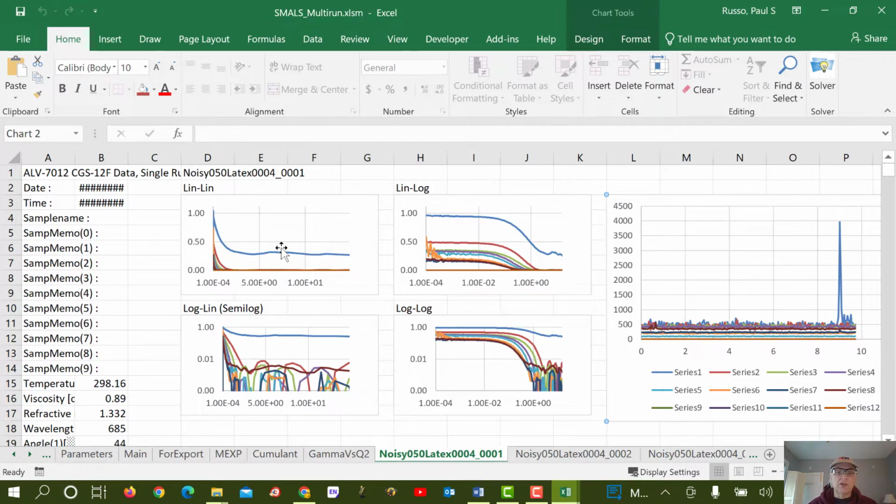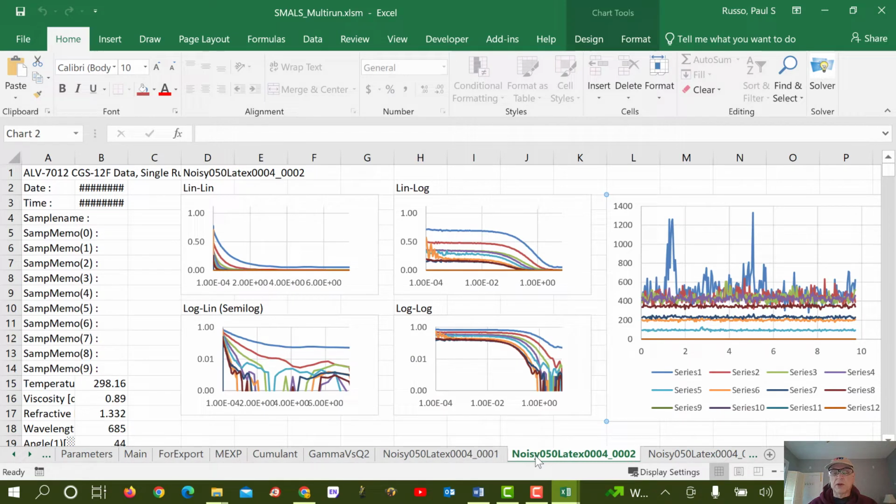It raises the baseline. And that's true in all 4 plots. Notice we have all the 4 plots that we like: log ln, ln log, and log log. It messes up semi-log, but it messes them all up when you have something that serious. So we know we're not going to keep that. We'll just keep a mental note. 1 is